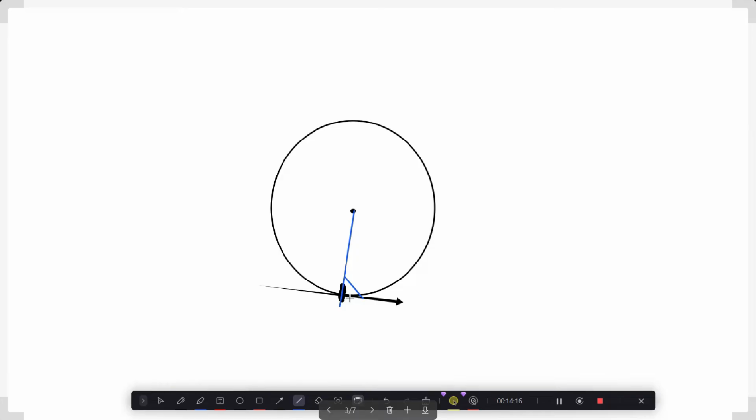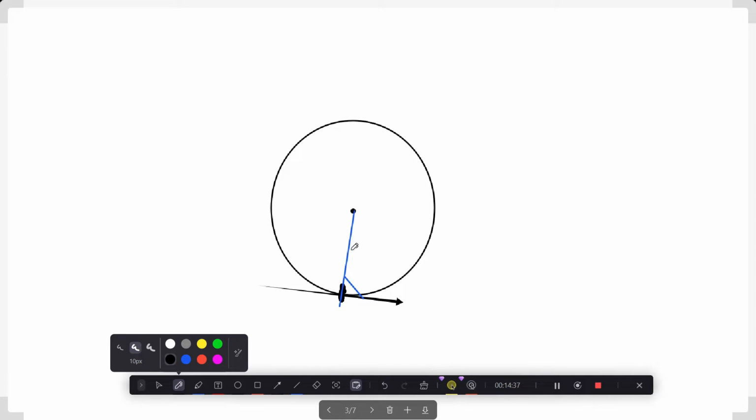So what all have we studied so far? We have studied that at any point on a circle, there can be one and only one tangent, right? That is what we have studied. Understood? This is sometimes known as the normal also. I am not completely sure whether you have learned this previously, but OP is known as the normal to the circle at this point P. Okay?